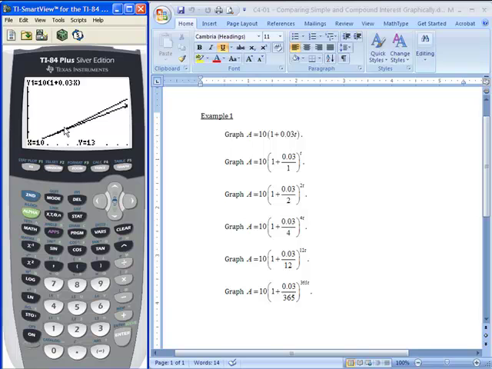Now, again, I'm working with small numbers here, and I'm simply trying to show you that there is a difference. I encourage you to play with all of these graphs and change the p-values, change the interest rates. You can play with the graphs a little bit, maybe even look at things in the table. But it's exercises like these where you take something that's similar but a little bit different and compare those differences that really start to, I think, help you understand a concept like compound interest, the difference between simple and compound interest, and the effects that playing with the multitude of variables we have in this situation can have